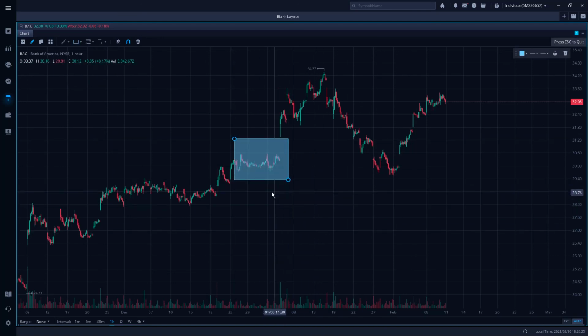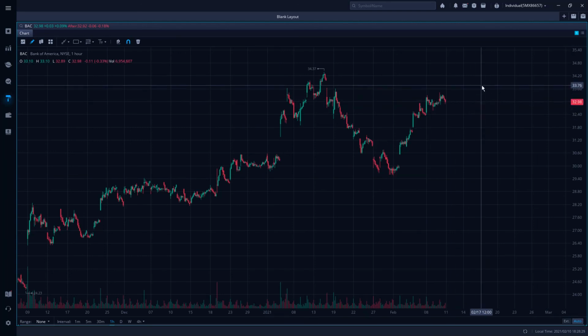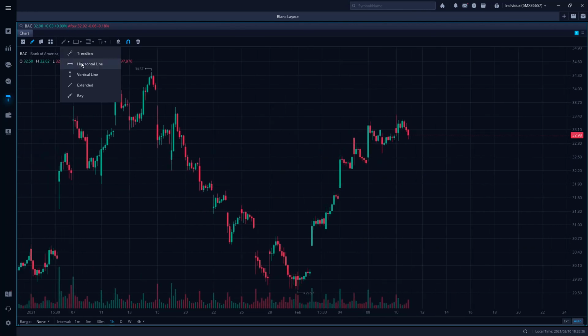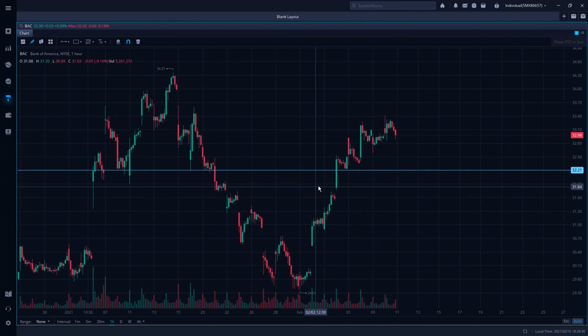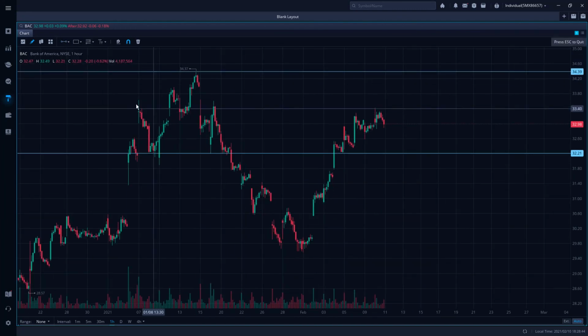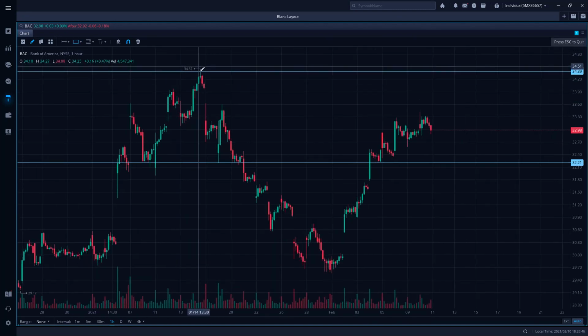Rectangle is good for highlighting certain things. We haven't talked about supply and demand zones that much, but supply and demand works kind of similar to support and resistance. So if you identify a support line, or let's say you identify a resistance line, if you are expecting some sort of movement within